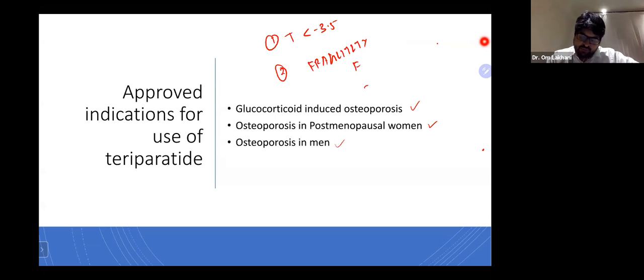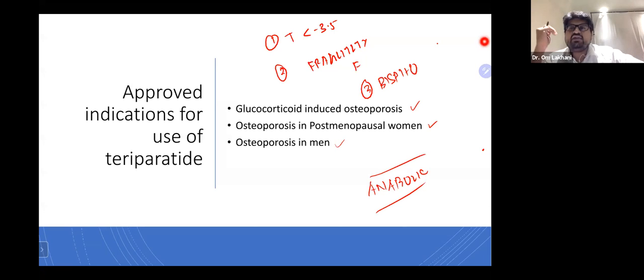And third is, if the patient is already on bisphosphonate or denosumab or any other agent and develops a fracture on these agents, so the patient is already taking treatment but yet develops fracture, you need to give a more powerful agent, and that is teriparatide, right? So this is what you have to understand. And what you also need to understand is why teriparatide is different from denosumab and bisphosphonate, because teriparatide is a bone anabolic agent. Okay, the other ones basically are anti-resorptives.